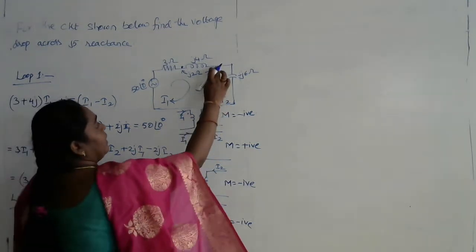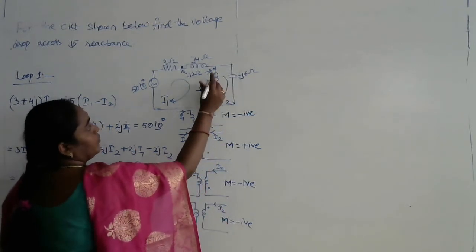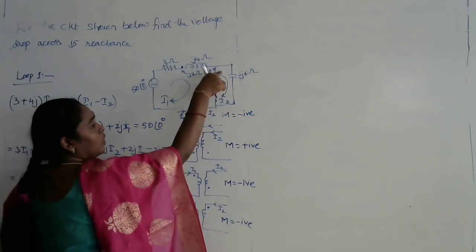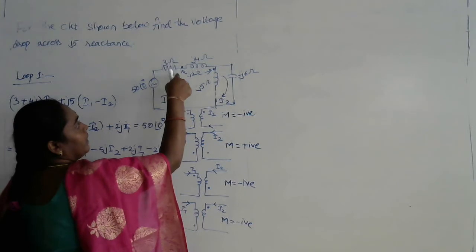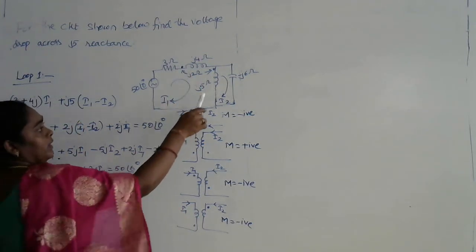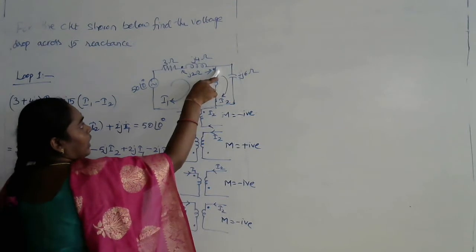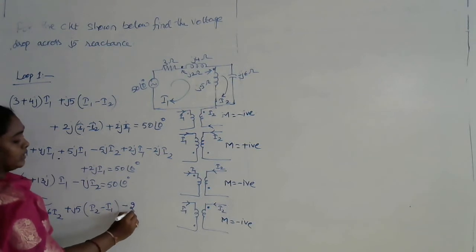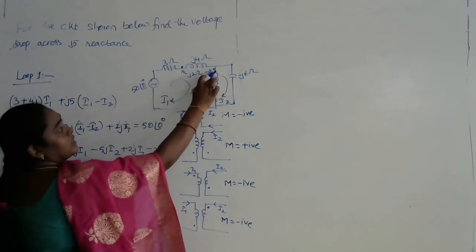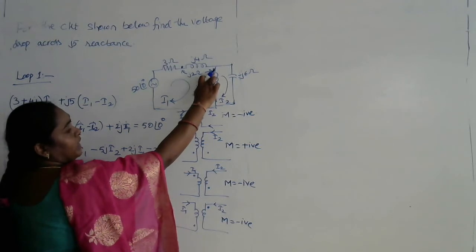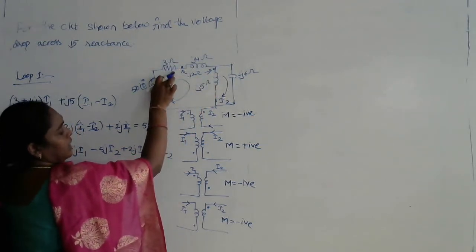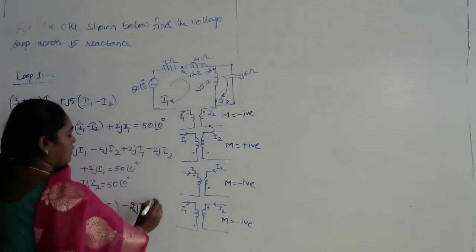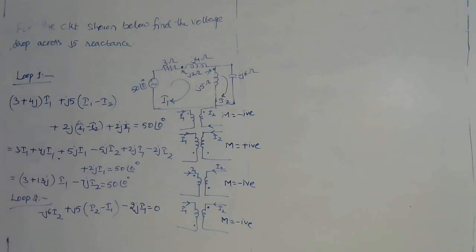Now whenever you are writing the second loop equation, in the second loop we are having only one dot. So here the I2 current is flowing from coil to dot, but in the other dot, it is flowing from dot to coil. Both are in the opposite direction. That is the reason the mutual inductance is minus 2j. And as I am writing the equation for this dot, we need to write down the opposite current, which is the I1 current. So minus 2j into I1, and as we don't have any voltage source over here, it is equivalent to 0.